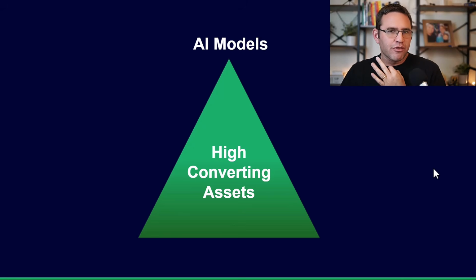So we need to combine three things to really do this well, to make it sound like you and to make an effective email or presentation or sales page. So at the top of the triangle are the AI models themselves, ChatGPT, Claude, Gemini, Grok, whatever model you're using. They are brilliant, they are amazing, but they are a commodity. And as I mentioned, out of the box, if you just fire up ChatGPT and say, write me an email on this topic for this purpose, it's not going to sound like you.